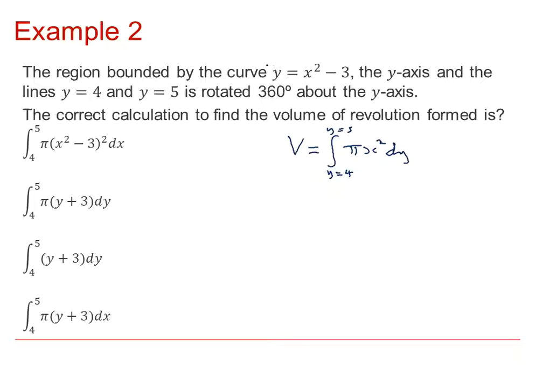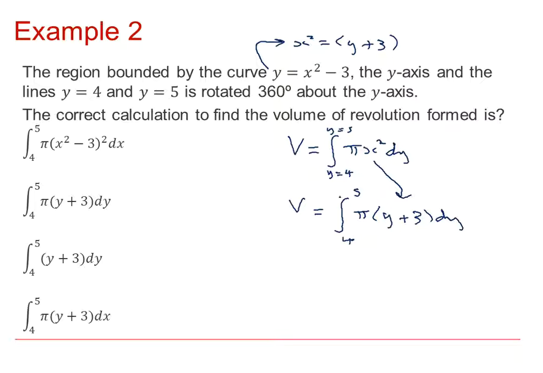If we go back to the equation, we know that y equals x squared minus 3, so it's the x squared that we need for our formula. So x squared must be y plus 3. So we can get the volume by integrating pi, and instead of using x squared we have to use y plus 3, and we're going from y equals 4 to y equals 5. So we can see that the correct volume